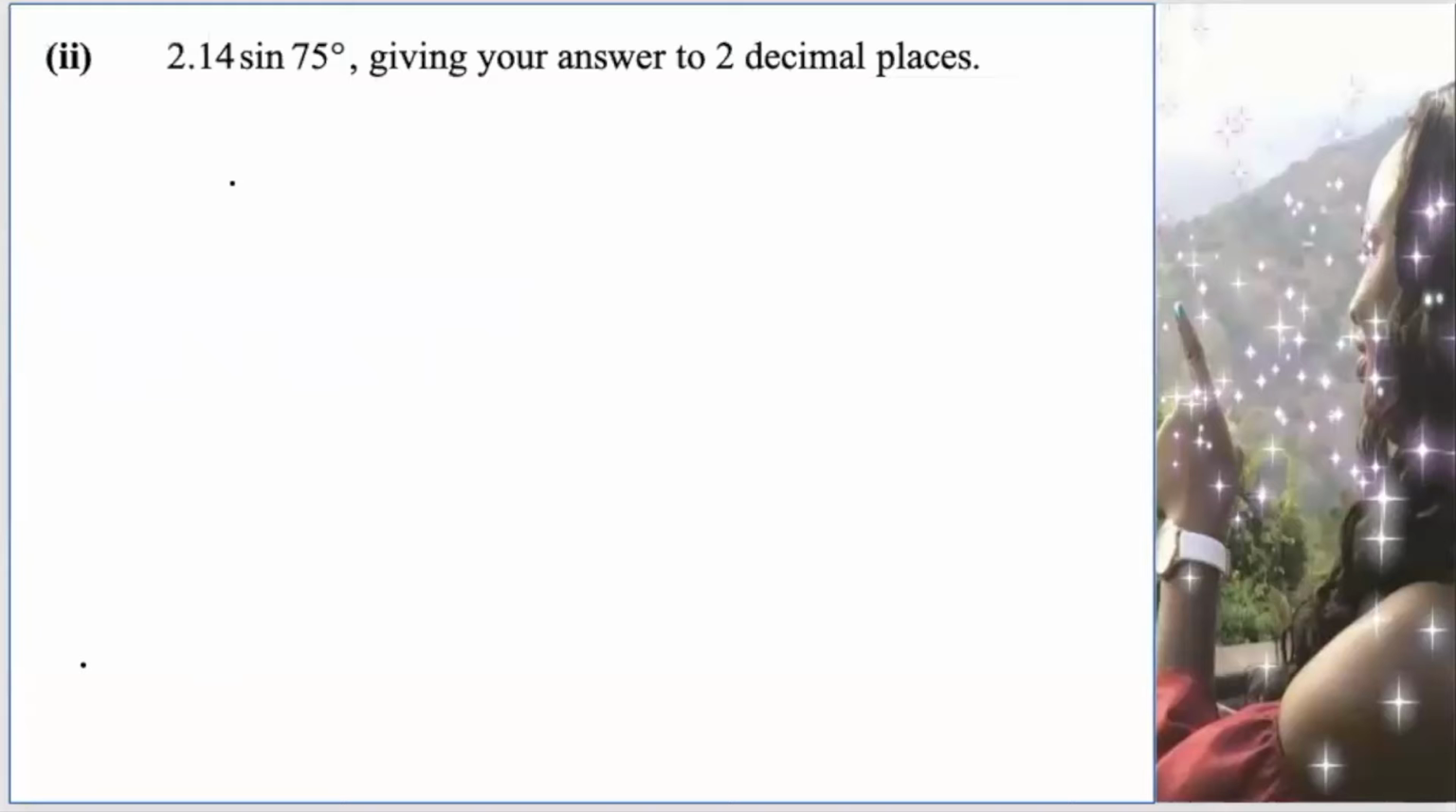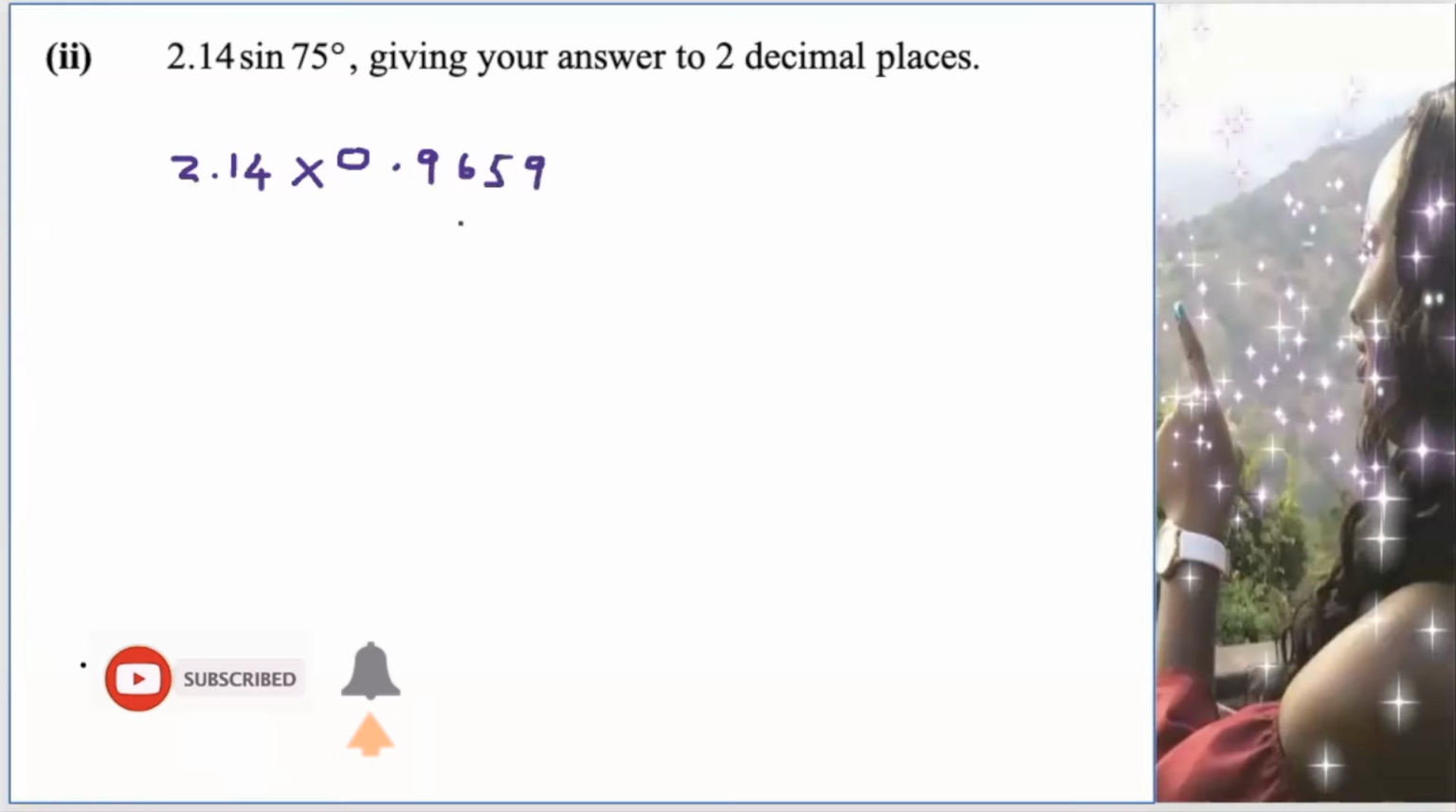The next question that we have here: 2.14 sine 75 degrees, giving your answer to 2 decimal places. Now what you're going to do is calculate sine 75. So sine 75 on your calculator, I rewrite my 2.14, multiply by sine 75 on your calculator, rounding it to 4 decimal places. It is 0.9659. Then multiplying this, 2.14 times 0.9659, that gives me